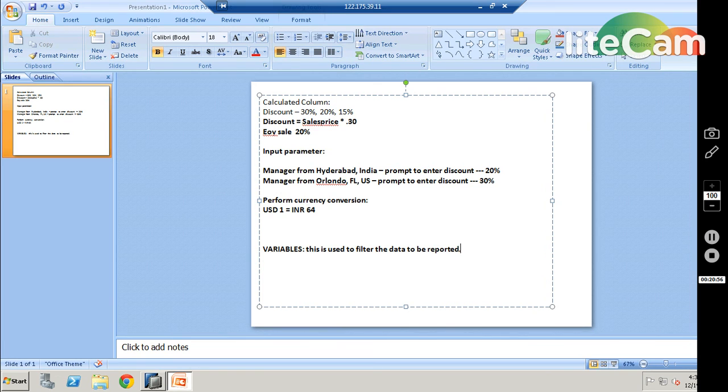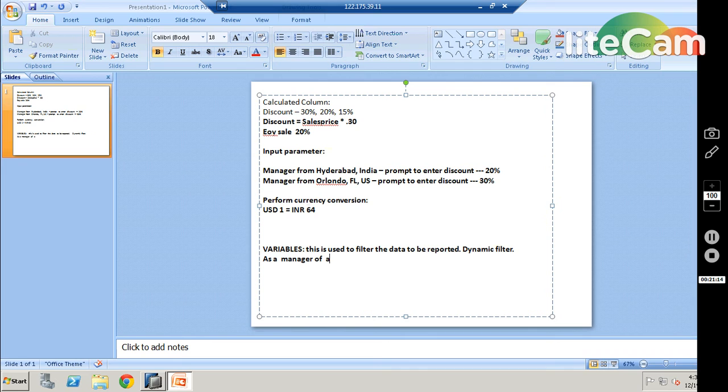It is a dynamic filter. Suppose, as a manager of a branch, I want to see only that branch.